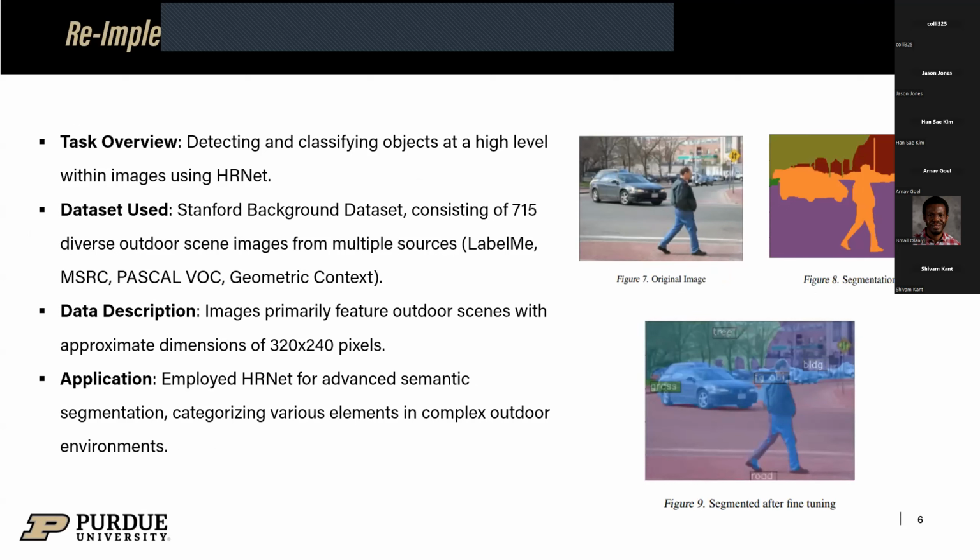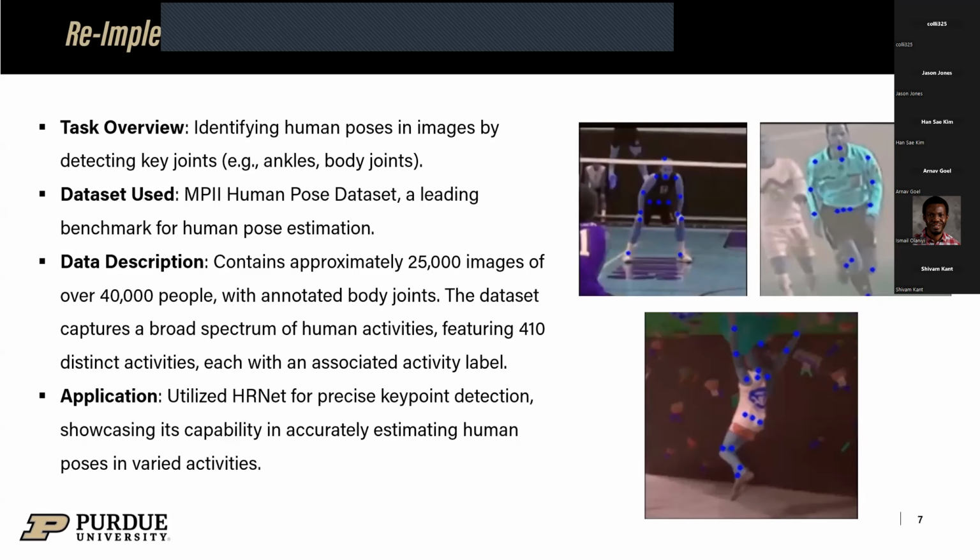We employed HRNet to categorize various elements in outdoor scenes, as you can see here, demonstrating the efficiency of HRNet. The second implementation focuses on human pose estimation using the MPII Human Pose dataset. Here, HRNet's precision in detecting key human joints was tested, showcasing its capability in accurately estimating poses across diverse human